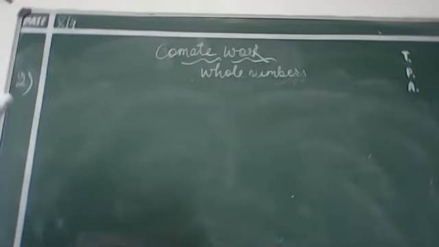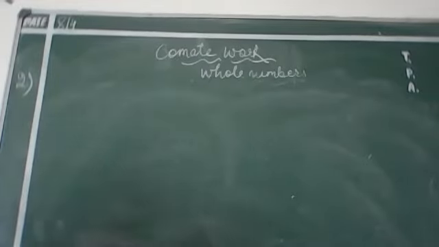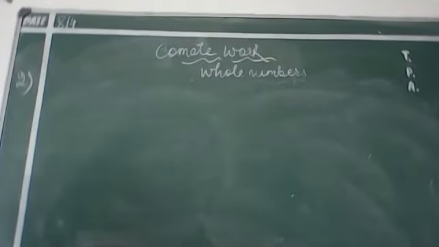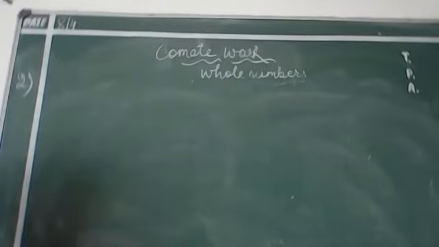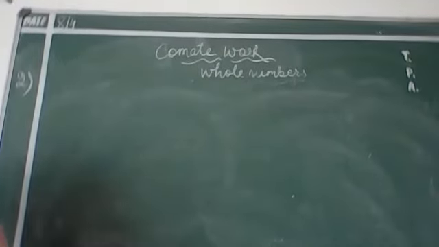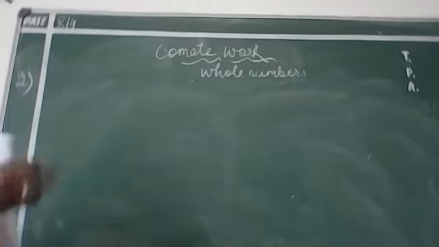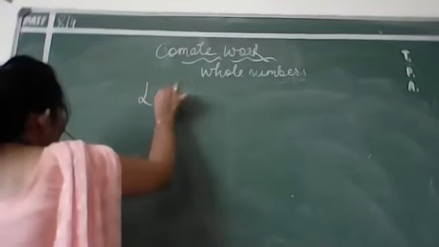Find the amount donated to Vriddh Ashram of the largest 4-digit number which is exactly divisible by 350. Okay. So the question is that you have to find the amount which is donated to Vriddh Ashram of the largest 4-digit number, beta. It means the amount should be the greatest number of 4 digits.